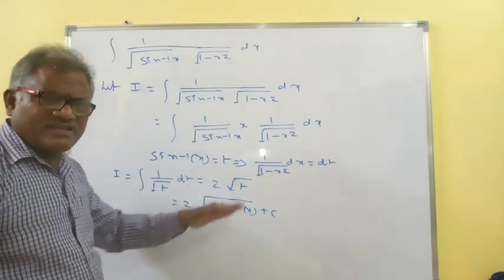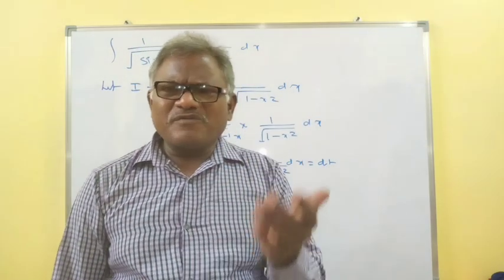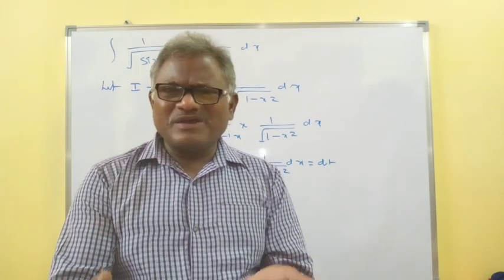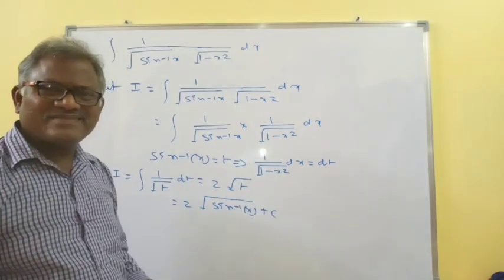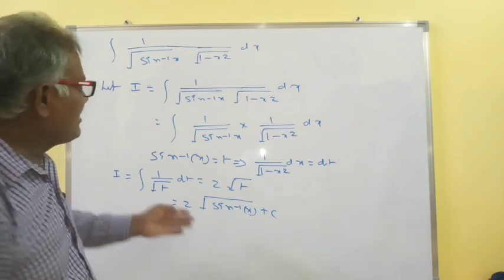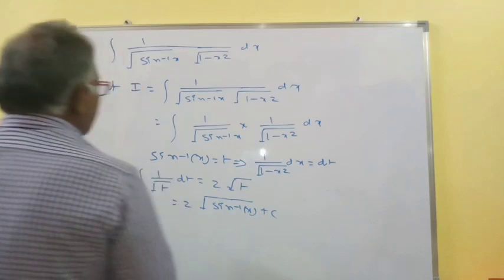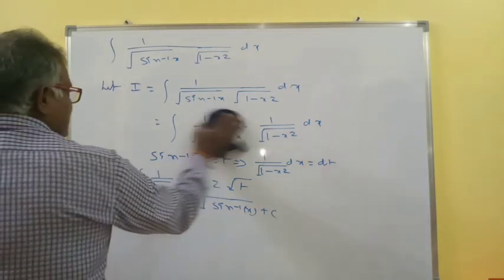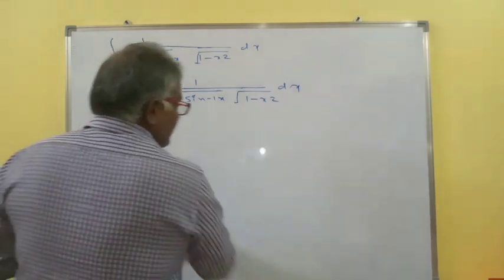So in this way, in this problem, no need to memorize that formula. If you know the formula directly, you should write it, no problem. Mention the formula and write down the answer, no problem. Okay. This is the way to do it. Or simply, if you know the formula, second method,